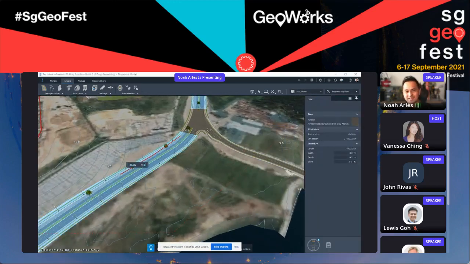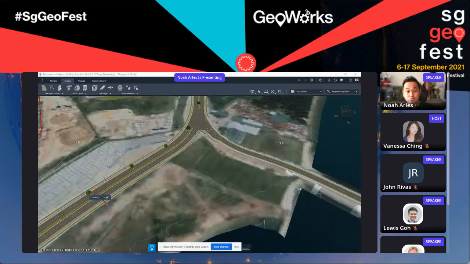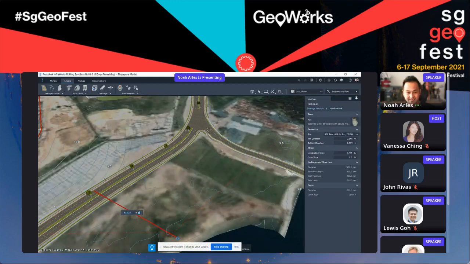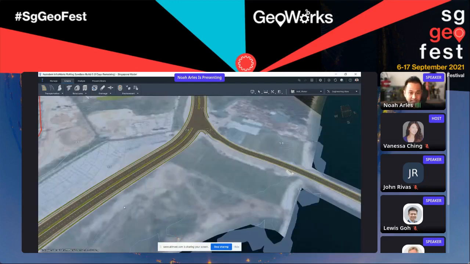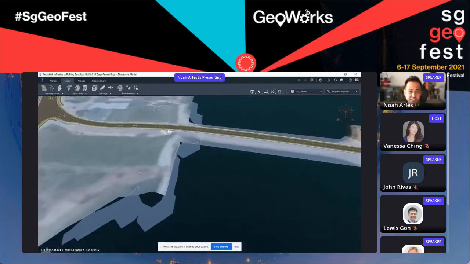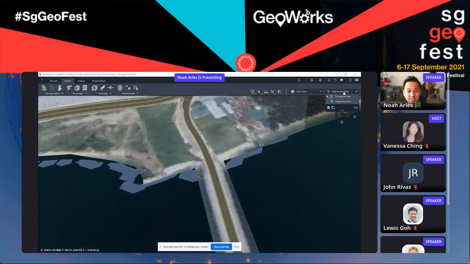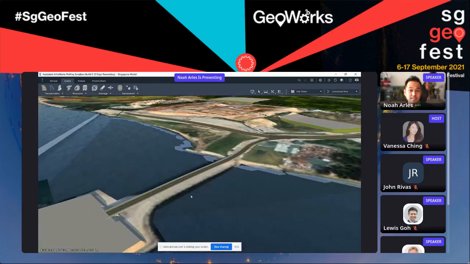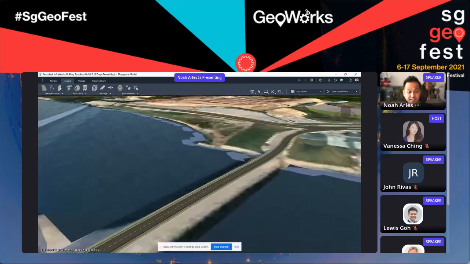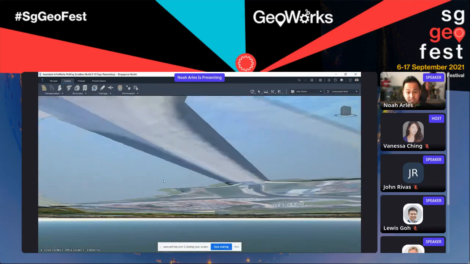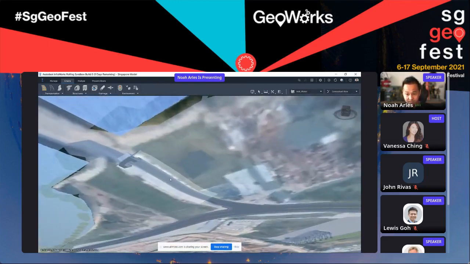And again, in a matter of minutes, we can pretty much understand what other aspects of the project would have to be included before the actual detailed design process. And all of this, just like the traffic simulation that you did, can be analyzed so that at an early point in the project, you have a better understanding in terms of costing and quantities of what those projects are going to look like.